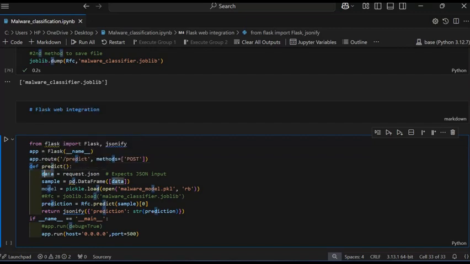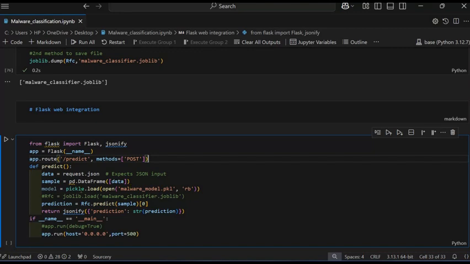Then I take the variable data as the main function, and data is request.json. request.json converts the requested data into a Python dictionary. That's why we use request.json.